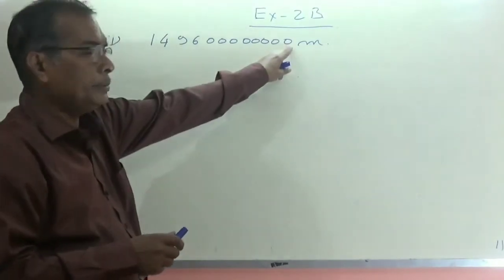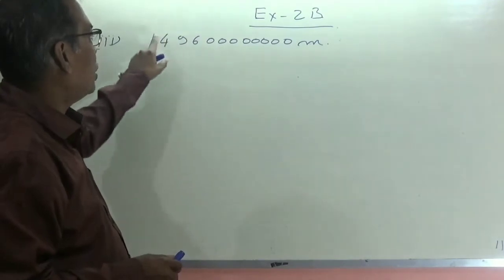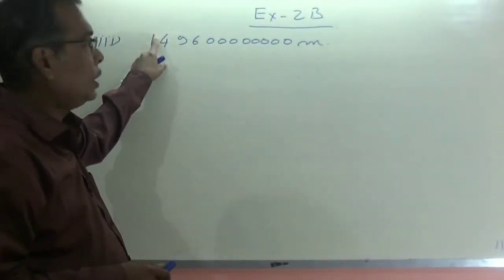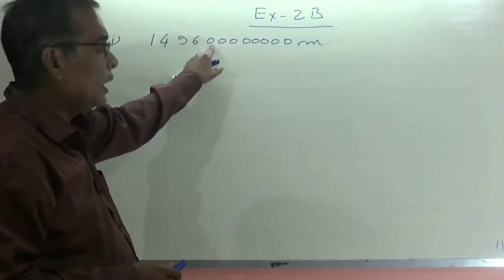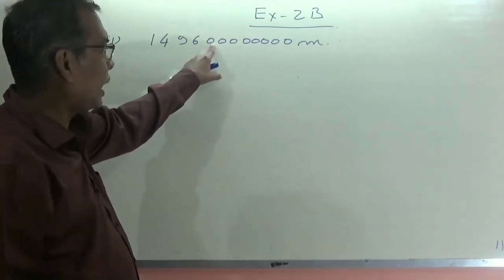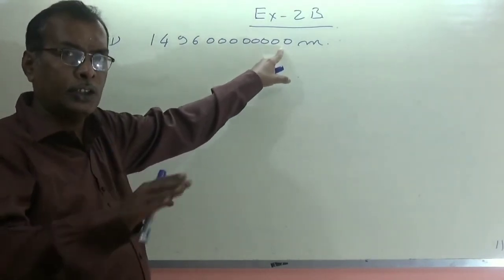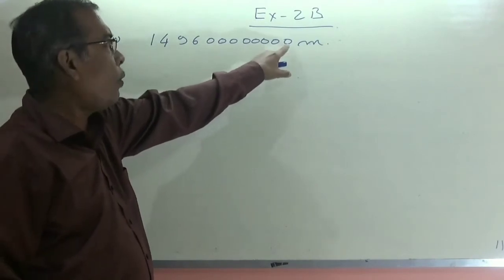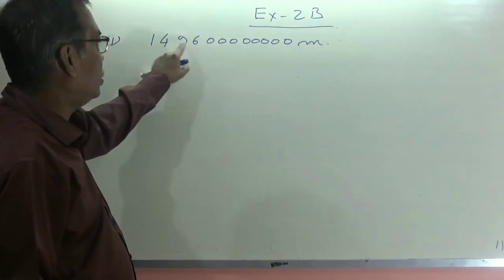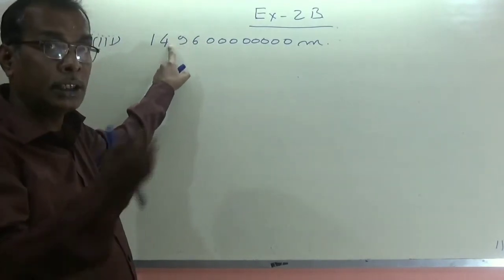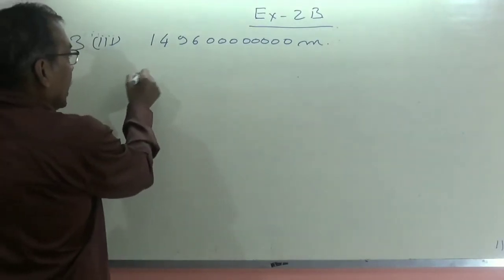The decimal is obviously here. In that case, we will have to shift this decimal to here, a long jump: 1, 2, 3, 4, 5, 6, 7, 8. Most probably it is 8 zeros, what I have counted. Suppose there is 1 more zero or 1 less zero, accordingly you have to take the adjustment. 1, 2, 3, 4, 5, 6, 7, 8 zeros and then 3 zeros. 8 plus 3, 11 digits, the decimal will take a jump to the left hand side. So it will be something like this,